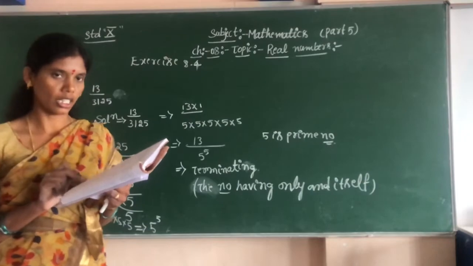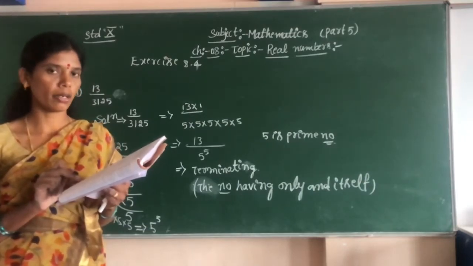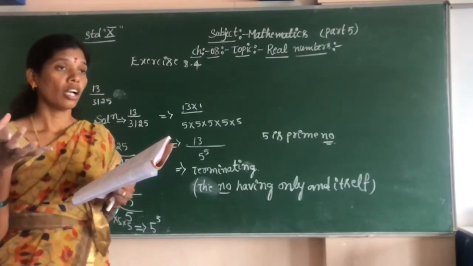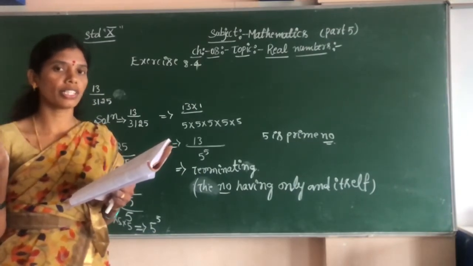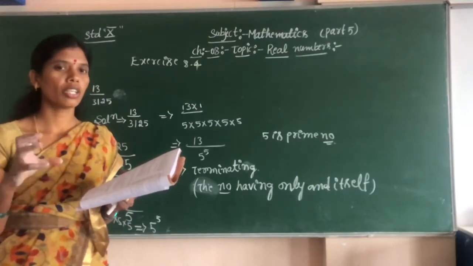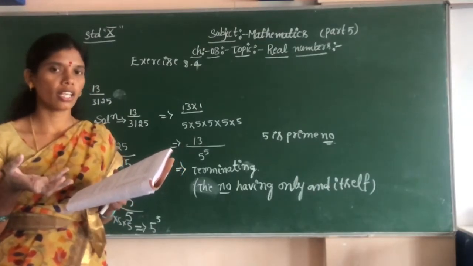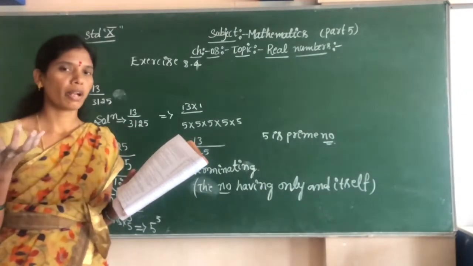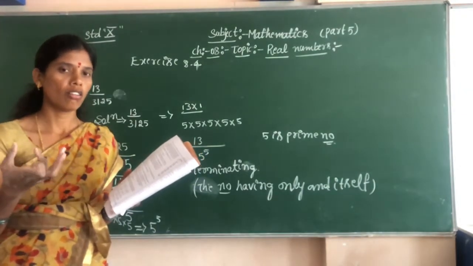We should check the numerator and denominator also, which one is coming. One or two terms in the prime factorization is called terminating. If other primes are coming in both, we should take another. So we should take the numerator and denominator, and if more prime numbers are coming, that is non-terminating.